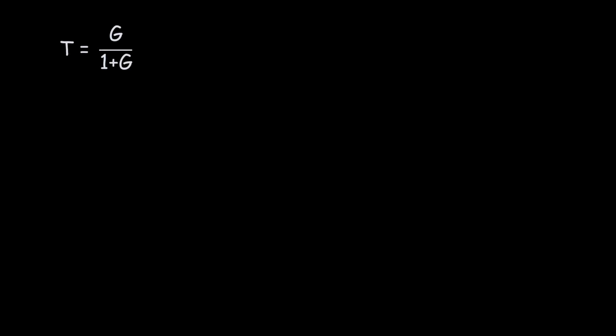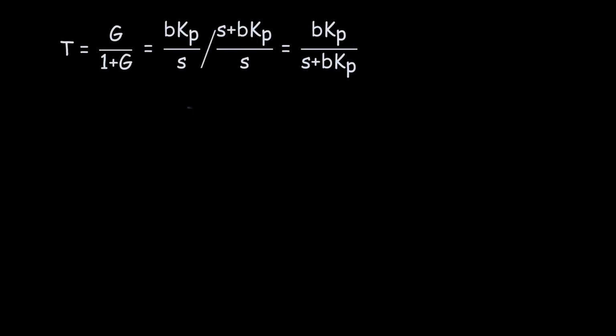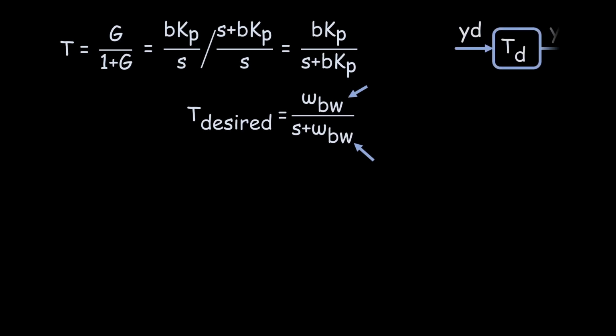Using the formula, we can determine that the closed-loop system is a first-order system. The desired closed-loop system could be a first-order system with omega bandwidth. The omega bandwidth in the denominator refers to the convergence rate. The omega bandwidth in the numerator ensures that the DC gain is 1, meaning that Y will converge to desired